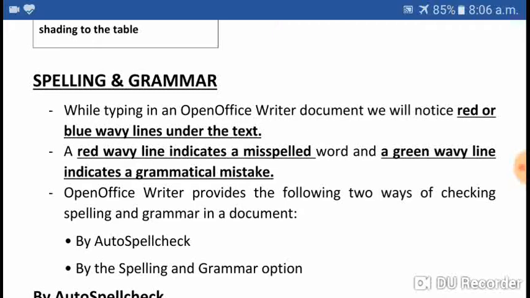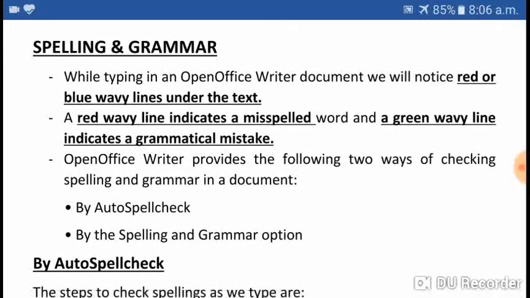That is, if there is no spelling mistake, if there is no grammatical mistake, but there is one or more than one word within the sentence which does not fit the sentence, then there will be a blue colored wavy line under the word. Again I am repeating, if there is a word within the sentence which does not fit the sentence, then there will be a blue colored wavy line, that is for the meaningless word within the sentence.